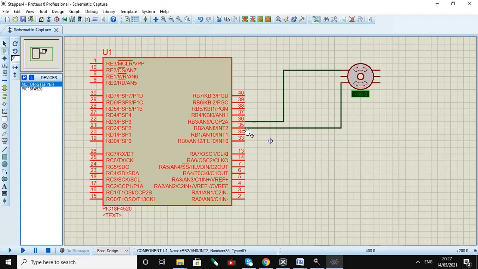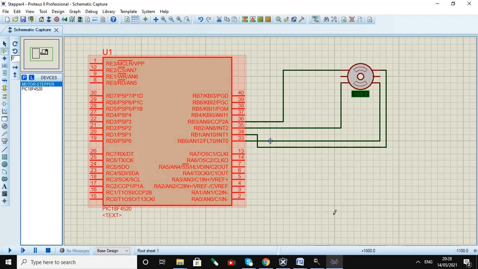Then this one is connected to RB0 and this one is connected to RB1. So these A, B, C, D, four windings are connected. Then these two windings are connected to the power supply. So power supply windings plus 5 volts.